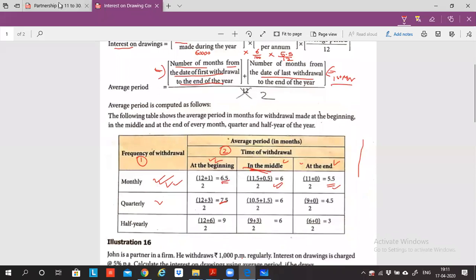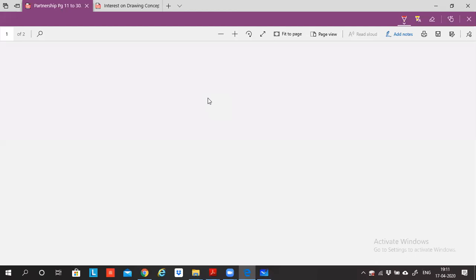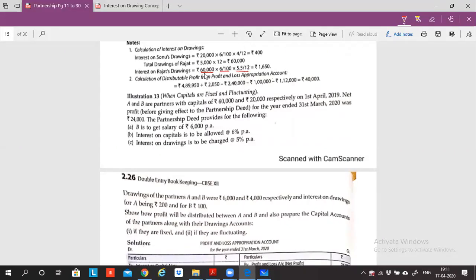Come back to your solution. Come back here and apply your average period in this formula, and you're done with the solution. You apply the formula here, you apply that average table value here, and you're done with the answer, right? If you feel, no sir, if in the question they twist and give it in a different way, how will I be able to do it, then you can learn the concept. If you learn the concept, I think you can apply it anywhere at any point of time. If all of you have understood this, I will conclude illustration 12.